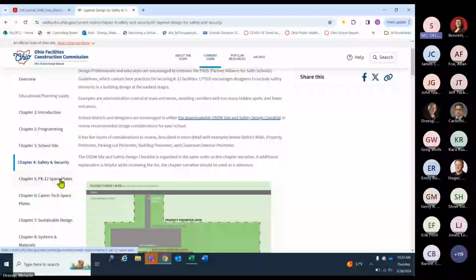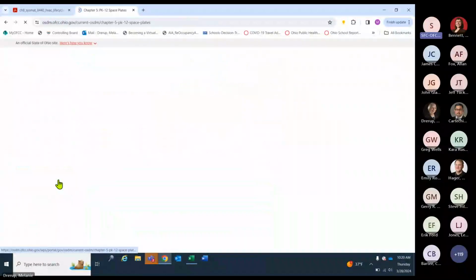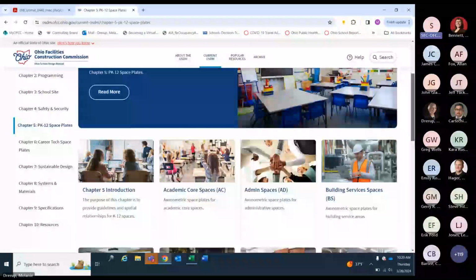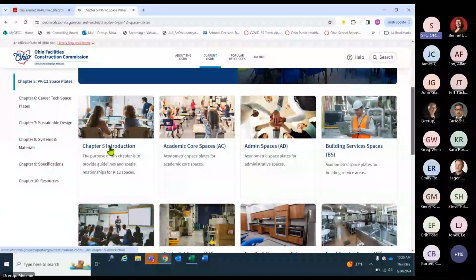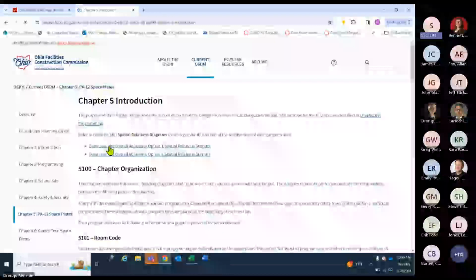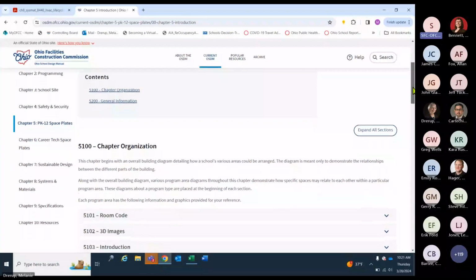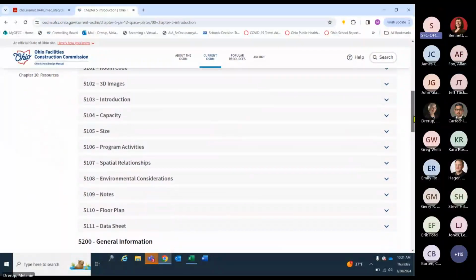Now next stop will be Chapter 5, PK through 12 space plates. This chapter page includes a link to the introduction, which can be found in the banner, as well as on the first card, Chapter 5 Introduction. The introduction includes spatial relationship diagrams, the chapter organization overview, and general information about the space plates.